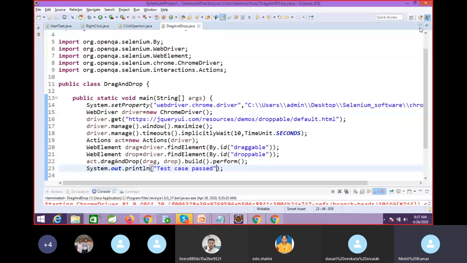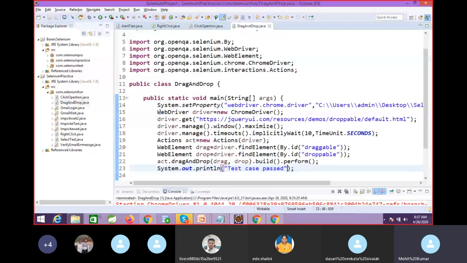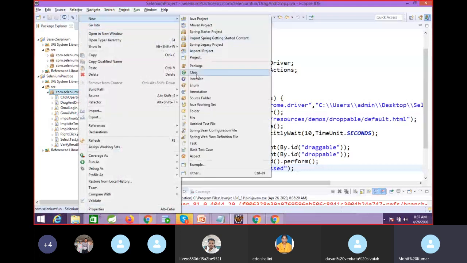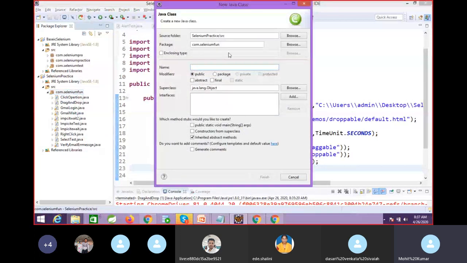So here we will do the same steps. We are not doing anything extra. Again, we will create one class, offset, move to element.